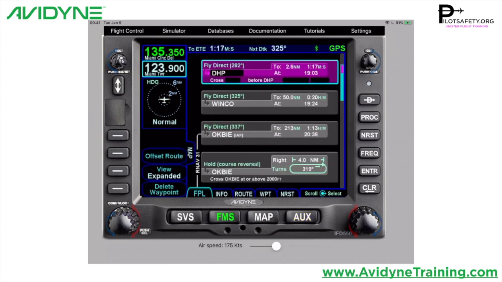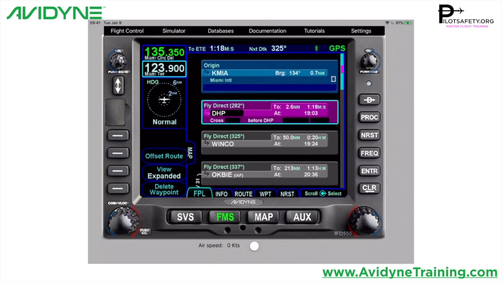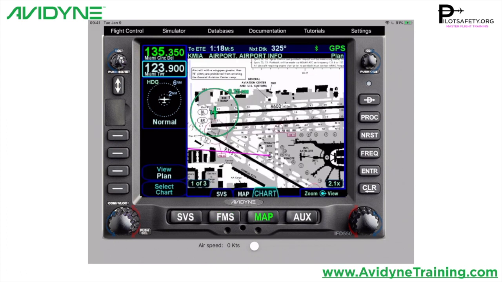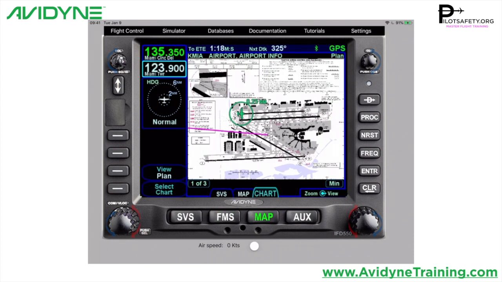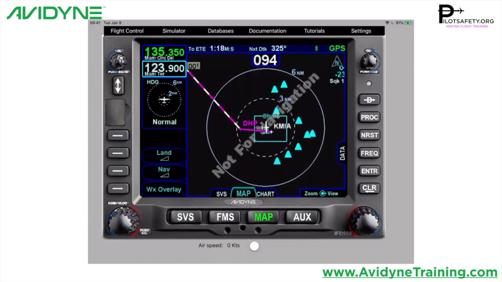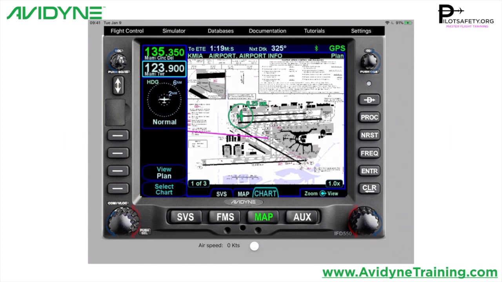I'm going to activate my flight plan, and then I'm not going to Dolphin. So if we look at the map, and I simply zoom out on the map view, I'm not going to go to Dolphin. In fact, we can even pull up the Miami 6 departure plate, not loaded as a procedure,